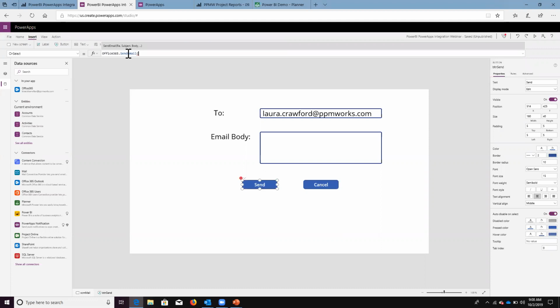Now the first parameter for this is To, and the To address is nothing but the text box which we have on this screen. So it's txt. See, this is why I like to give the naming convention, so I know whenever I type txt, I'll get all the text boxes which I have on my screen, right? So we have only two text boxes. One is txt email body and one is txt email 2. So we want to use txt email 2 because that's the text box which contains the email address dot text,